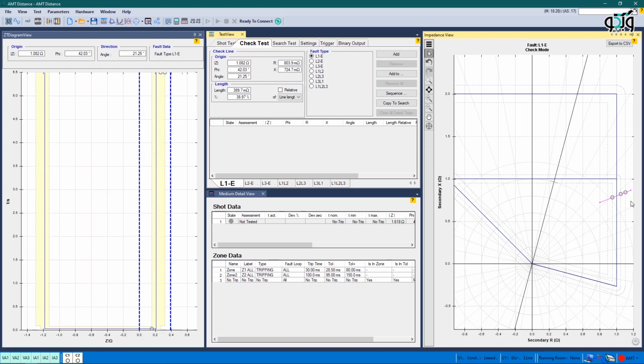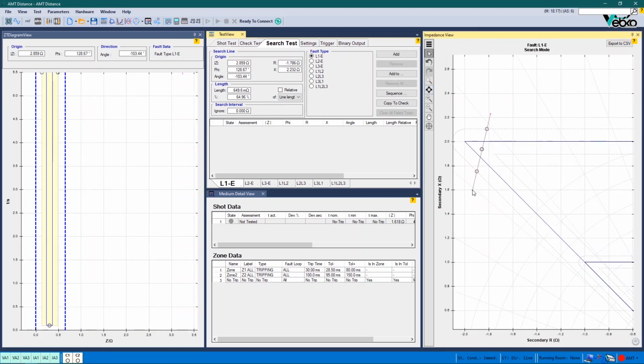An important point for understanding the concept of check test is that when a check line is drawn, the software starts moving on the line and adding a shot on places where the tolerance is broken on the ZT diagram. Here, as you can see, since there are 3 fractures along the check line in ZT diagram, 3 shots are added. In this case, the difference between search test and check test is that in search test, the software does not add a shot on all tolerance fractures on the search line, but from the zone line towards both ends, it only adds a shot to the first tolerance fracture.